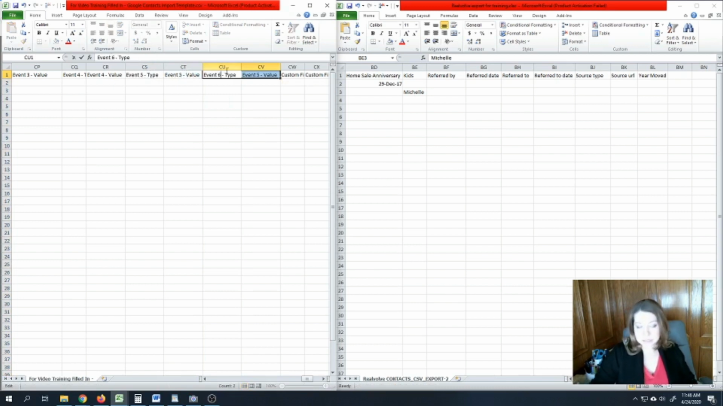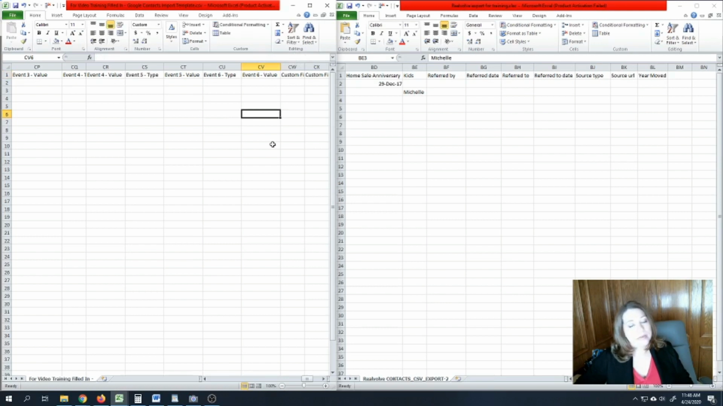this event 6 type and event 6 value. Be careful, because if you get these hyphens off or you misspell, if you take the hyphen out of email or you misspell value, things aren't going to map correctly. So you have to be very, very particular on these column headers. But for events,